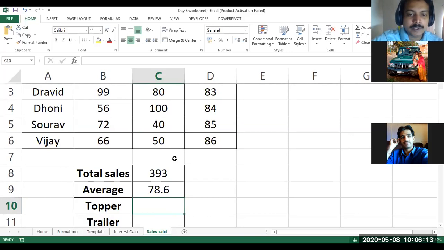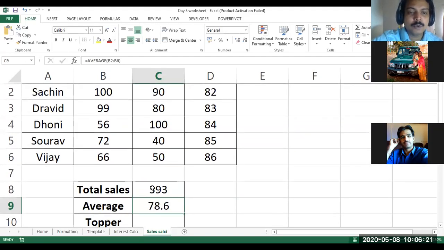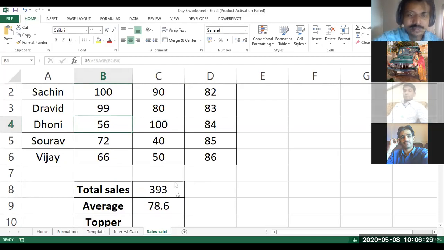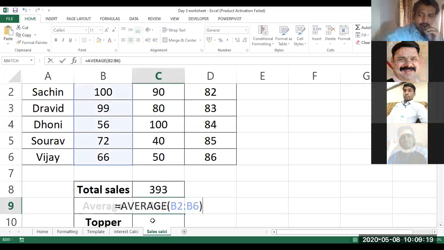Why do you need this figure? The total figure is for the team target I need to track. The average shows the average level and who is trailing. Vijay, Saurav, and Dhoni are below average, whereas Sachin and Dravid are above average. For that reason, I need to calculate average sales per player. I also need to find out who is the topper.